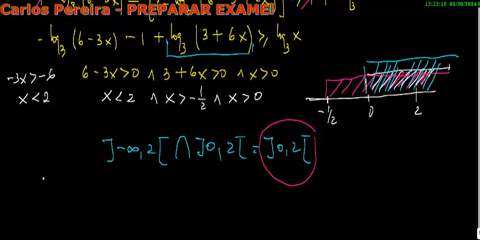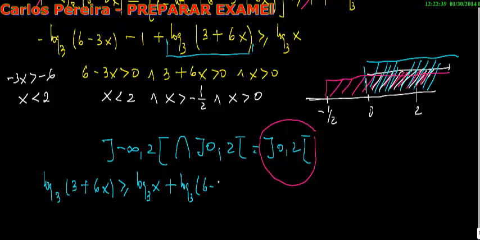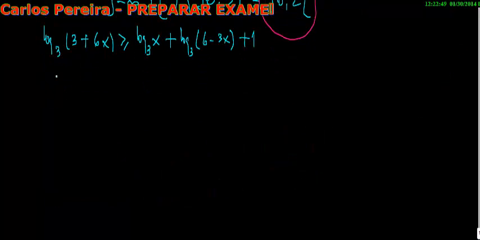So I will have logarithm at base 3 plus 6 times x greater or equals to logarithm by 3x plus logarithm by base 3, 6 minus 3 times x plus 1. Okay? So let's continue. I will have again logarithm at base 3